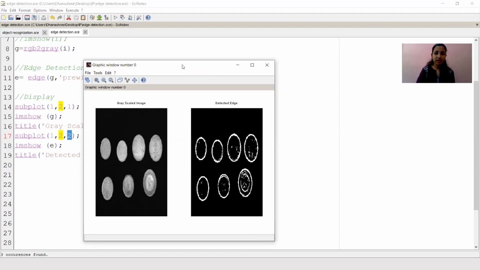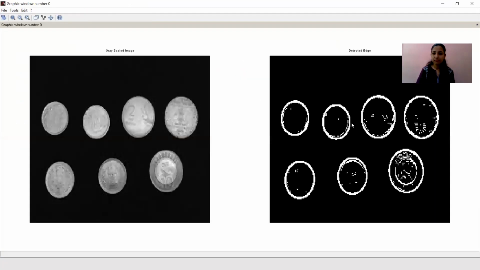Okay. Can everybody see the output? Yes. Okay. So this is how, if you go for a Prewitt type of mask, it will help you to get this particular image. मतलब आपके cell का आपको सिर्फ border चाहिए. You are not interested in anything else. You are interested in the size of a cell, and to understand that size of a cell, you are trying to extract the boundary of that particular cell. Then you can think of this Prewitt mask.